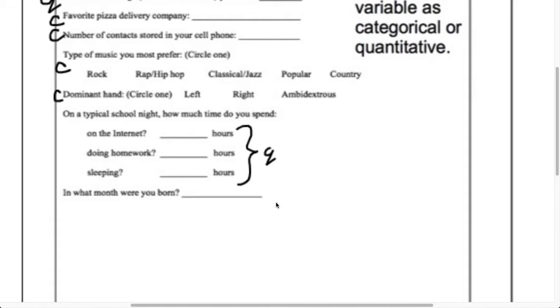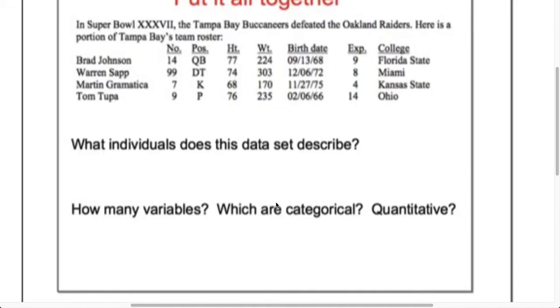And then what month were you born? Again, I know we assign numbers to months, but again, we don't. We might say people born in January have a higher tendency of this or that, but again, it's not a numerical thing. That's a categorical quality there. Okay. Again, if it's not a number, then it's pretty easy to say it's categorical. If it is a number, that's where you have to think of, would it be helpful to ever find the average of this? Okay. And so let's put all this information together. Individuals, variables, categorical versus quantitative.